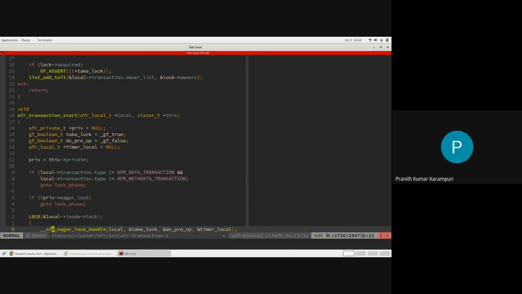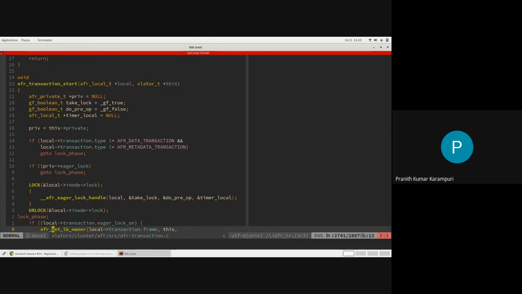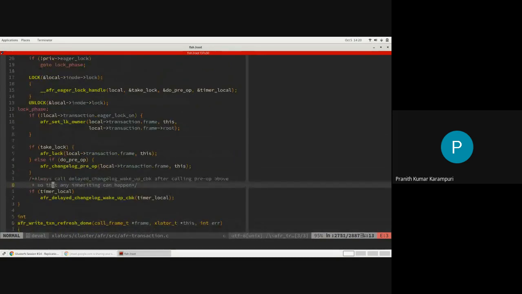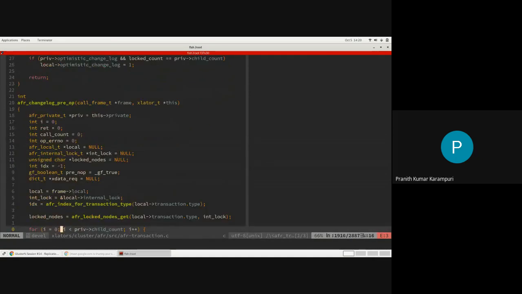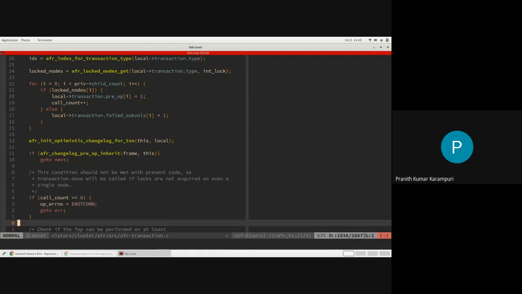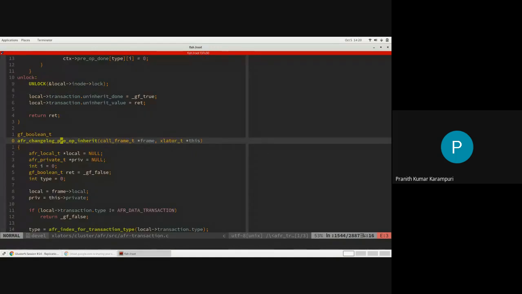All right. So eventually everything gets added to the owners list if it has to move, either in this function, or when the lock acquisition completes and the shared lock owners are awoken, like we saw a bit before. Now, if do pre-op is present, then it will try to do the pre-op. But in this case, it will see if you can inherit the pre-ops from before.